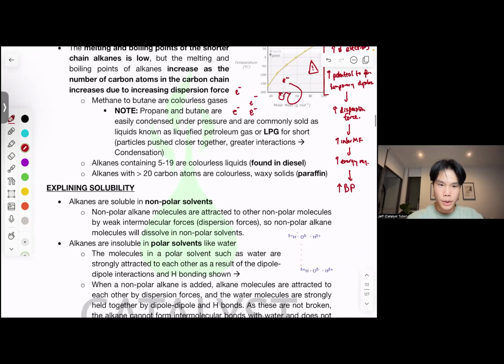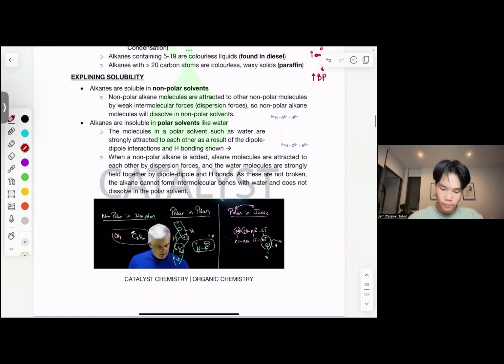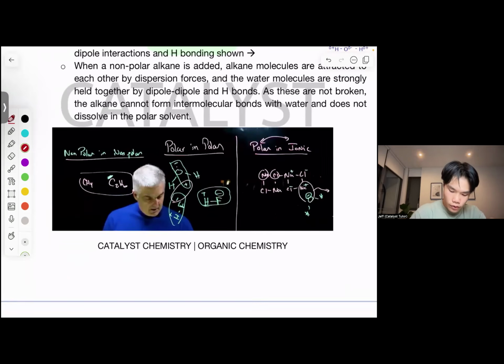Okay, continuing on. Explaining solubility. As we said, it's about like dissolves like and about the equal exchange of energy. So if you try to dissolve a non-polar solvent in a polar solvent, it's not going to work. Reason being, if you try to dissolve, for example,